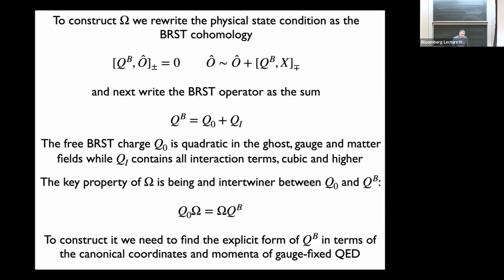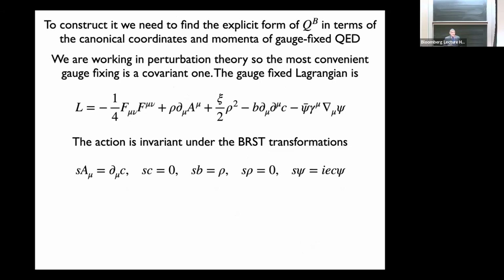Now, but first of all, before constructing omega, I have to construct Q0 and QB in a convenient way for my purposes. So in particular, I need to find the cohomology in a canonical formalism after gauge fixing. So let's proceed to do this first for QED. I want to construct the exact QB and then split it into the free part and the rest in terms of the canonical coordinates and the momenta of gauge-fixed QED. So I am resolutely perturbative, so I want to write something that makes sense in perturbation theory, in perturbation theory for this theory around the free